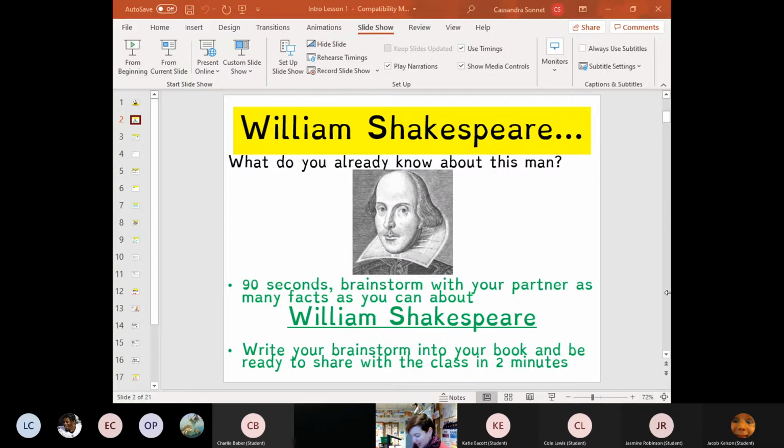A sonnet, right. So, as you know, my name is Cassandra Sonnet. Okay, that's not very good, but yes, my name is Cassandra Sonnet. She is happy. I'm glad, Ella. And so a sonnet is a 14-line poem, and you know what? Sonnet is my maiden name, and when I got married, I said to my husband, I'm not taking your name. I'm going to stay as Sonnet, because it's the best name for an English teacher, isn't it, really? Yeah, it is. What would be better for an English teacher then? Miss English. Hello.